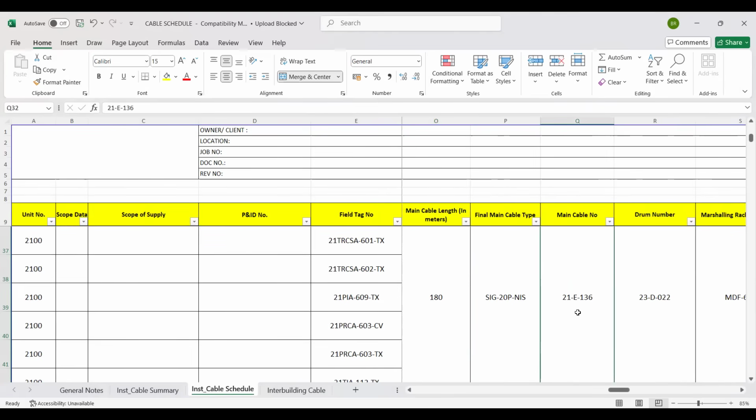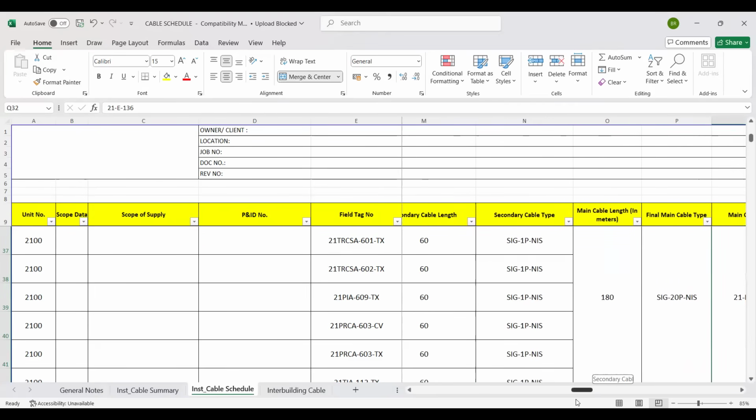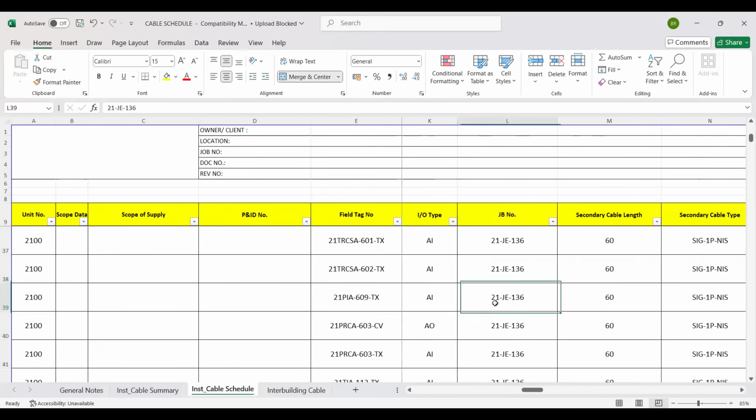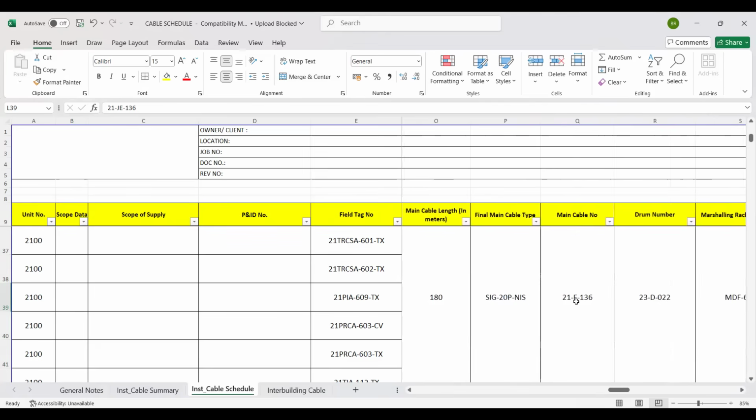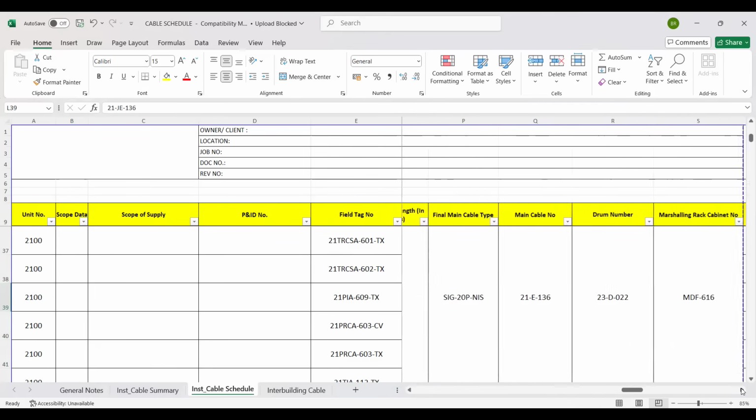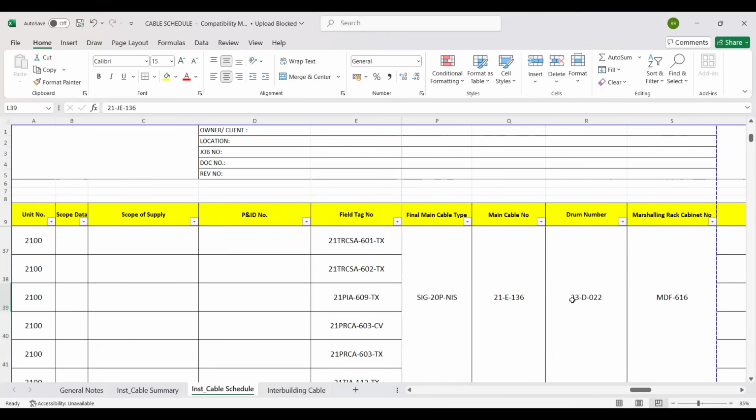Then what is the cable number? So this is the cable number. We normally assign this. We have to assign this cable number 21E136 based on your nomenclature, whatever you follow in your project. 21 is nothing but the unit actually. And another one, probably this E136 is related to the junction box. One moment. Yes, you see here, 136. So the unit is 21 and E136 is related to the junction box. Okay, friends, clear, right? Then the drum number, of course, the cable drum number you can add on here, and